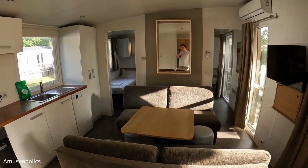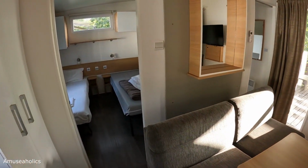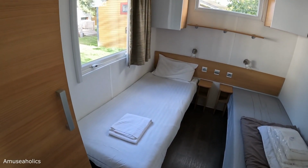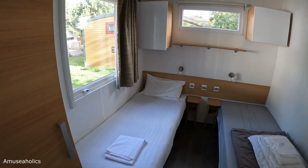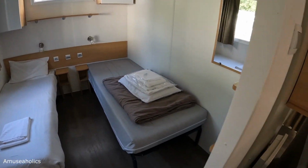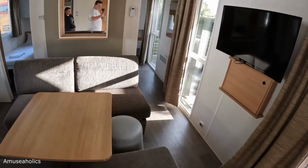Hey Kaylee. So we're passing through the living area again. On the other side we've got a twin bedroom. Not a bad size, certainly bigger than you get in a static caravan. And a couple of beds there as well. And finally, on the other end of this side,